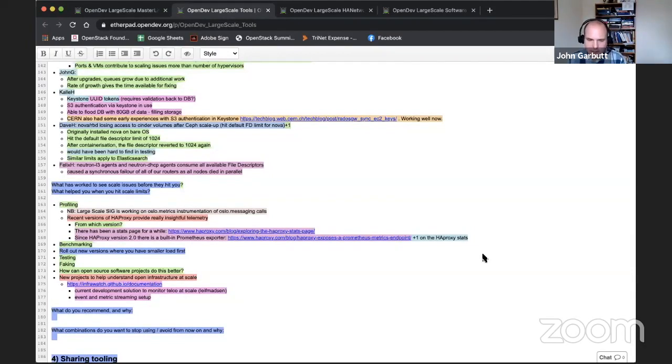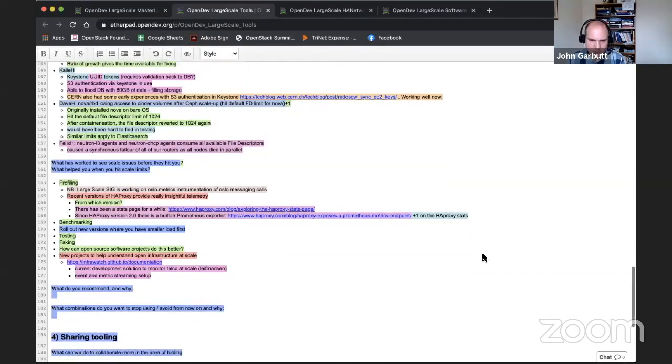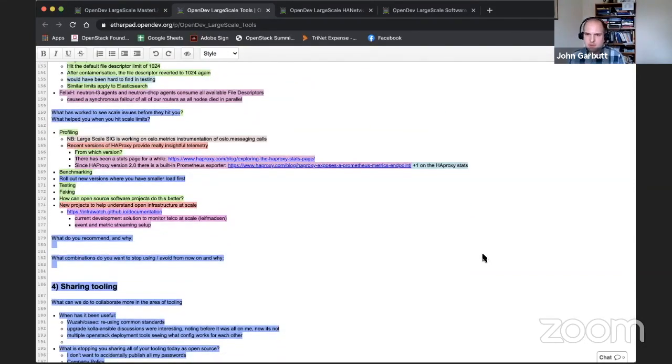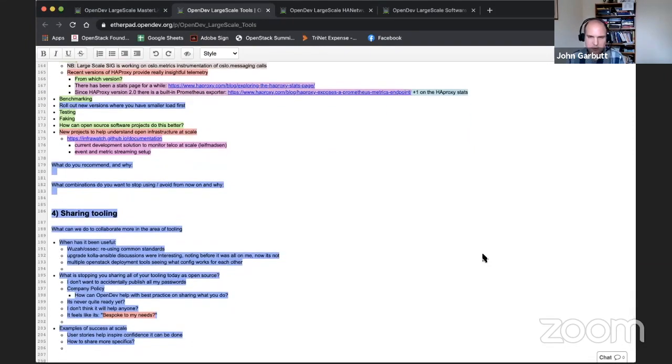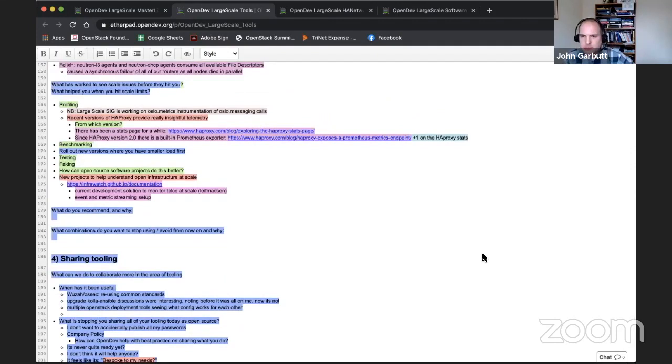So maybe if we go a bit further down the Etherpad, there's been a discussion about HA Proxy, which is another great thing to look at the health of the system, like the rate of requests and stuff. I think it's been the best thing we added this year to our telemetry, simply because it provides you with a really nice visibility by endpoint and by return code on how your cloud is performing in a way which can be graphed over time. It's a very nice high-level view of what your users are seeing.